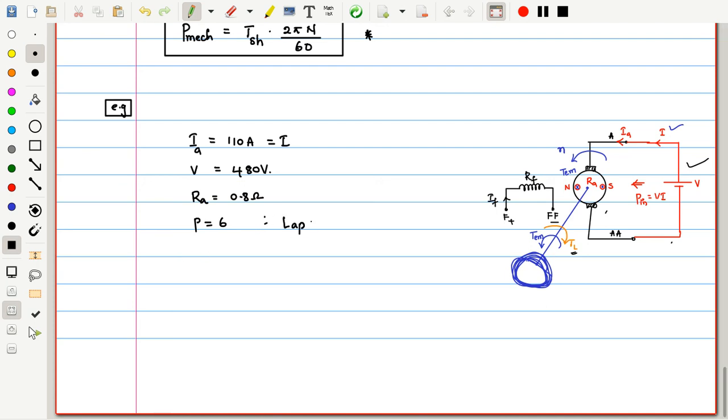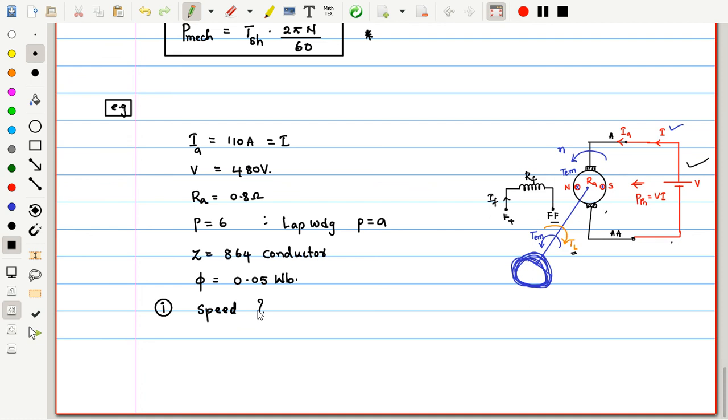In case of lap winding, the number of parallel paths is equal to the number of poles, P is equal to A. Lap connected with the total number of conductors in the armature being 864 conductors, and the flux per pole is given, phi is equal to 0.05 weber. Now what we need to calculate is